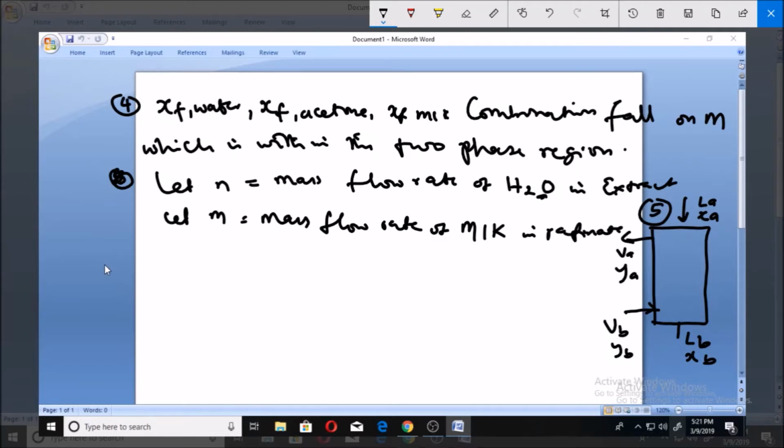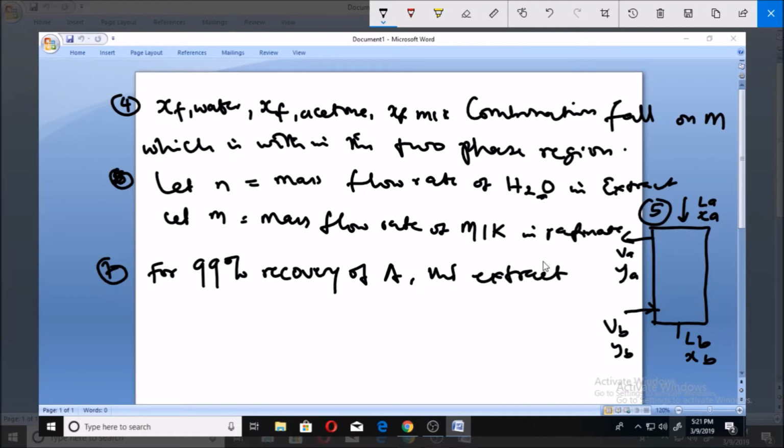That's the 6th thing you do. Then the 7th thing is, now you say that for 99% recovery, which is what you are supposed to find, for 99% recovery of A, the extract will have what? The extract has 0.99, which is 99% times 40, which is equal to 39.6 acetone,